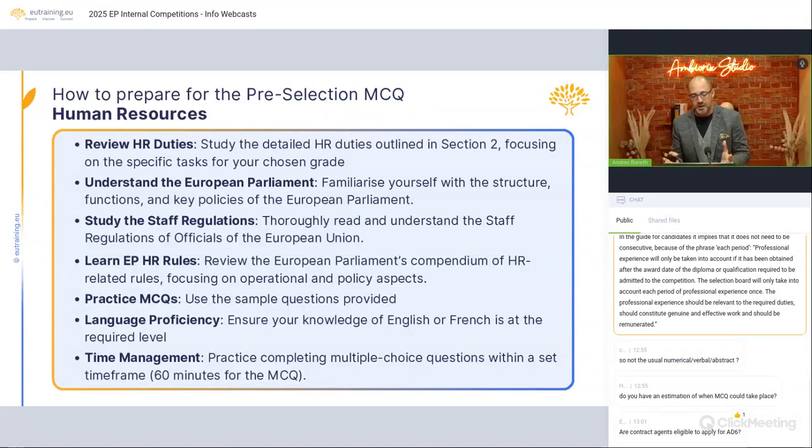So having some basic notions on HR best practices or HR concepts, but certainly looking at how the Parliament applies those, and how the Parliament implements those, and what the Parliament very specifically does, which, as I said before, you have quite a few very public and other internal to the European Parliament sources